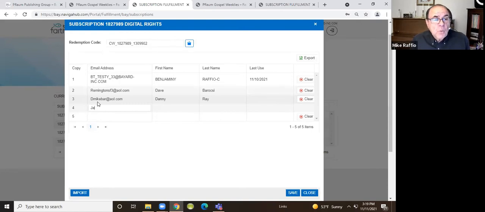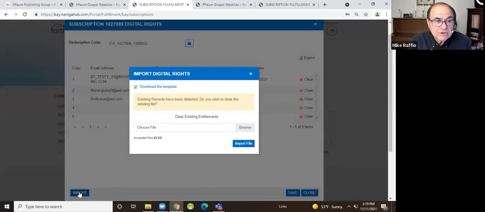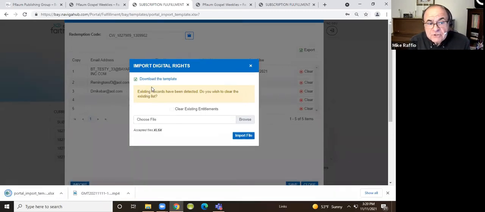So one way to do this is to import a file. And by importing a file, instead of filling it out right here, which you can do, you could just fill this whole thing out online, but you could also import a file. And Dave, if you go down to the lower left-hand corner to the import, you'll notice that you can download a template. If you download the template, you're going to get an Excel file, and the Excel file only asks you for 3 things.